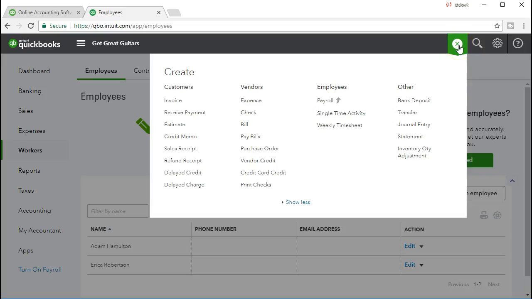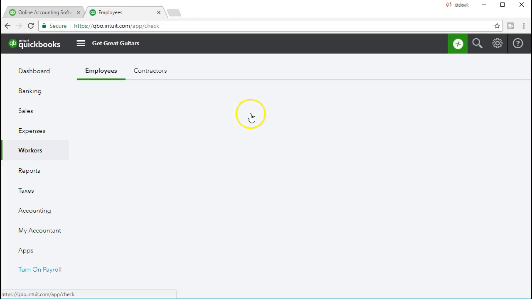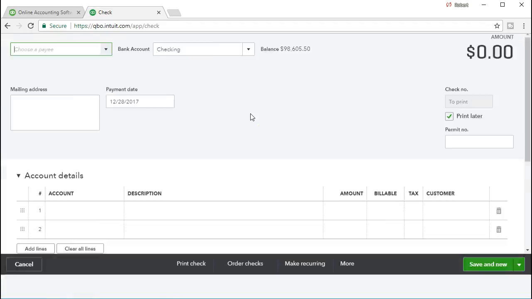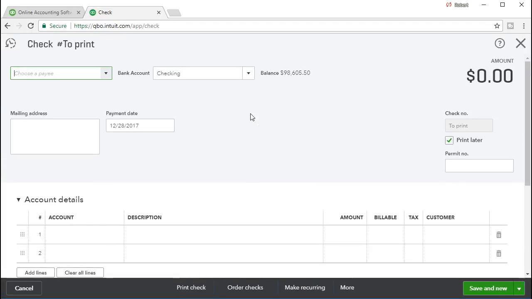So we're going to select this little icon up top, and we're going to go to Vendors and Check. Now we're going to process the check here, but note that we're not going to have a payroll check. We're not going to be able to print the payroll stubs here. We'd have to do that in some other fashion. The third-party software would be helping us out with that. What we're going to do here is put the information into the system so that we have it within the